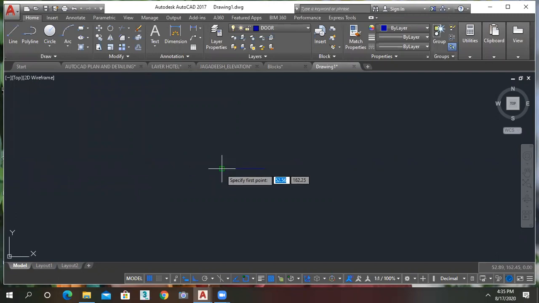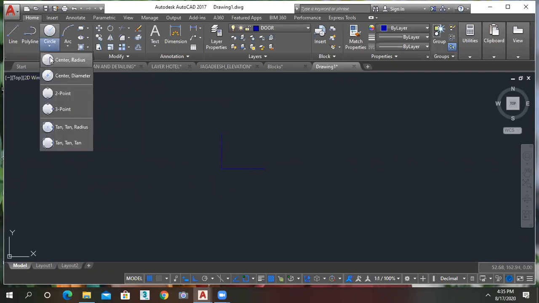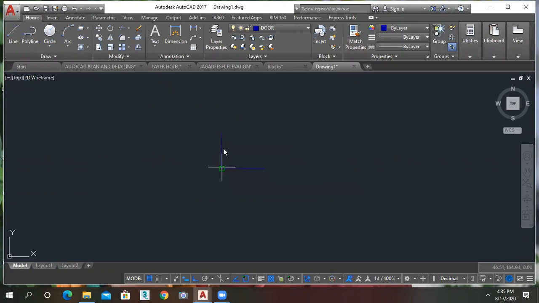Okay. Line and then 1 meter. Then use the circle or arc, whatever you feel comfortable. Like this. Control Z. Sorry. This is 1.2 meter. Okay. L, 1.2. Use the circle, C, enter, and just like this. And trim the unwanted portion like this. Okay. So this is my door and this is my door frame.